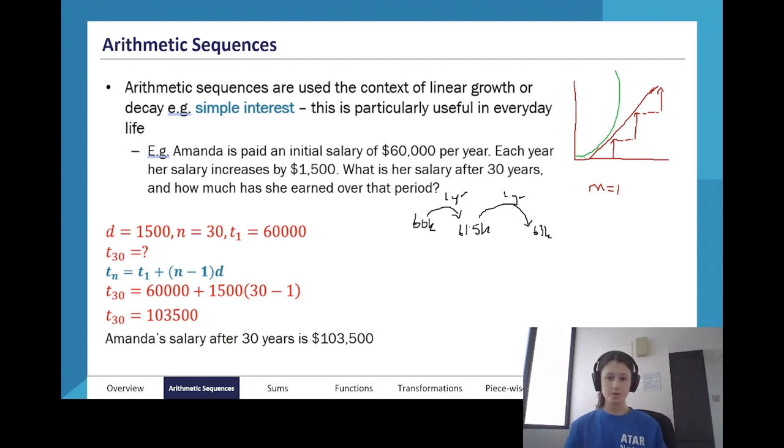Okay. Getting on to our next topic, which is the sums